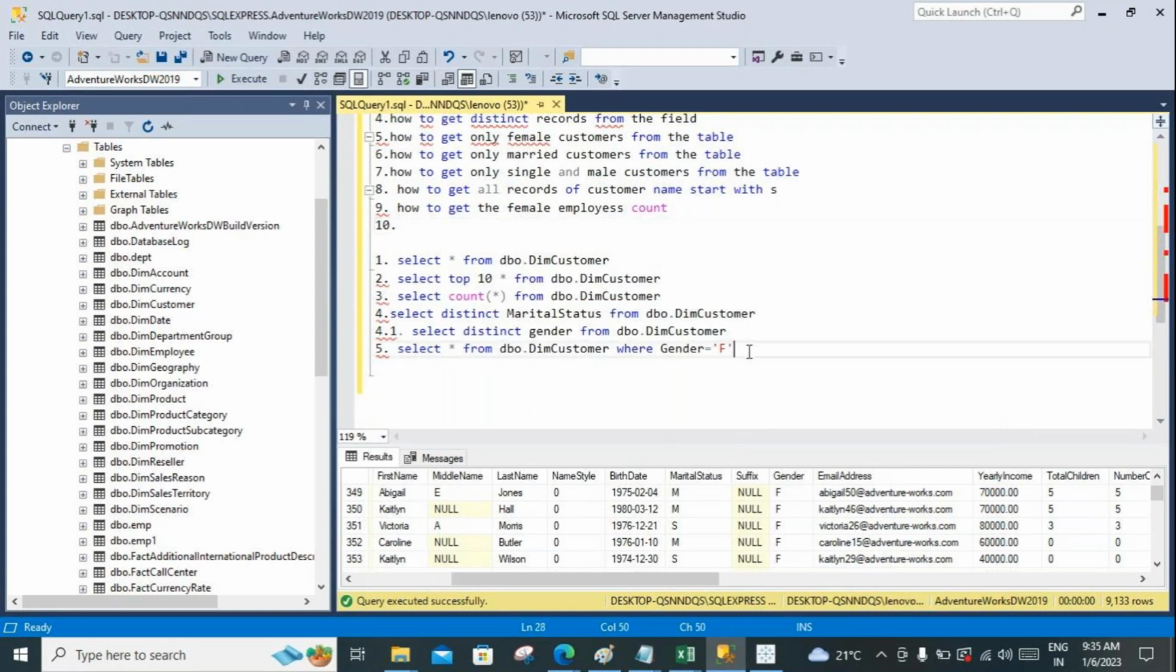Let's go for the sixth question. What is the sixth question? The sixth question is how to get only married customers from the table. Only get the married customers from the table. Tell me the query. Select star from the table dbo dot